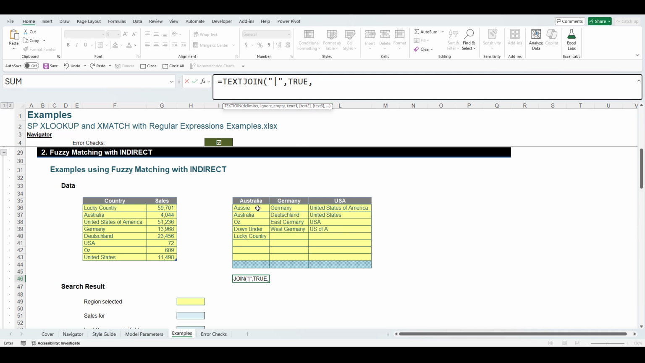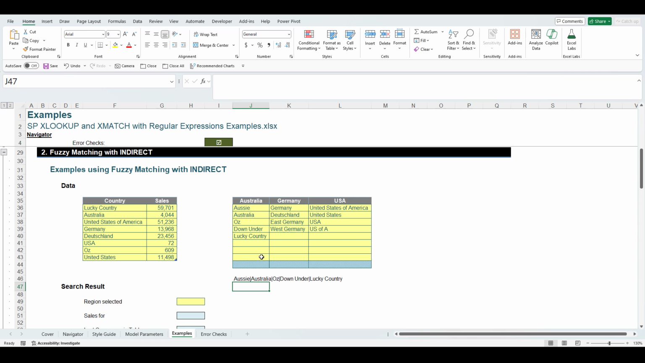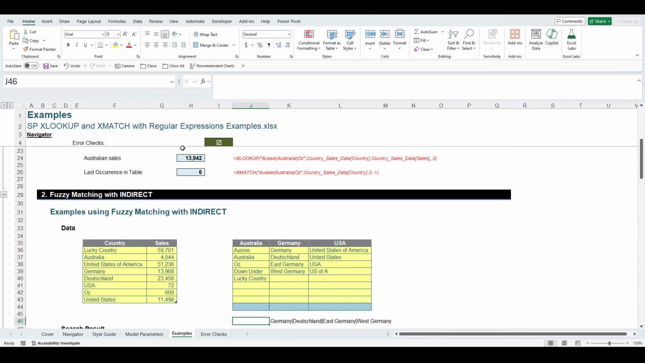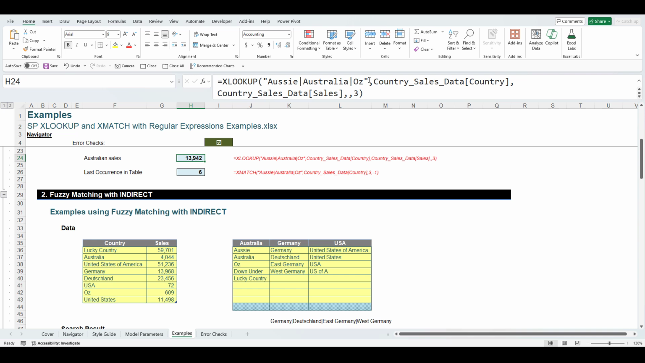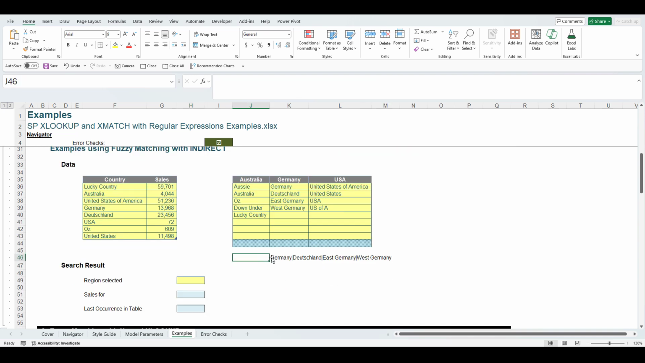Comma, and then I'm going to go here and take J36 to J43, and what that will do is give me Aussie, Australia, Oz, Down Under, and Lucky Country. And if I were to copy that into this cell, that will give me Germany, Deutschland, East Germany, West Germany. So it's got the same things that I was using for the syntax up here. You see, it's the same idea. But what I'm going to do